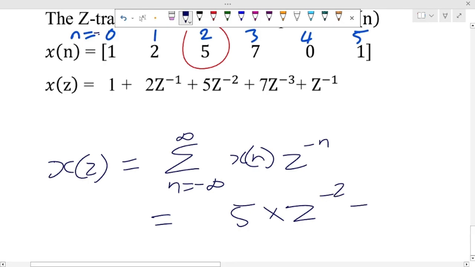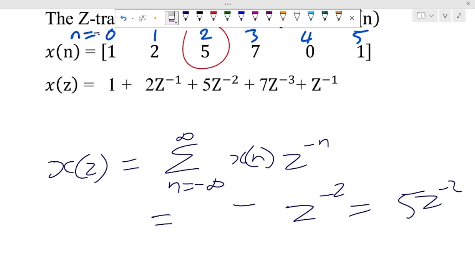So 5z raised to the power what? Minus 2. Exactly what you have here. Are we following? So let's just complete it. Then the next one now,